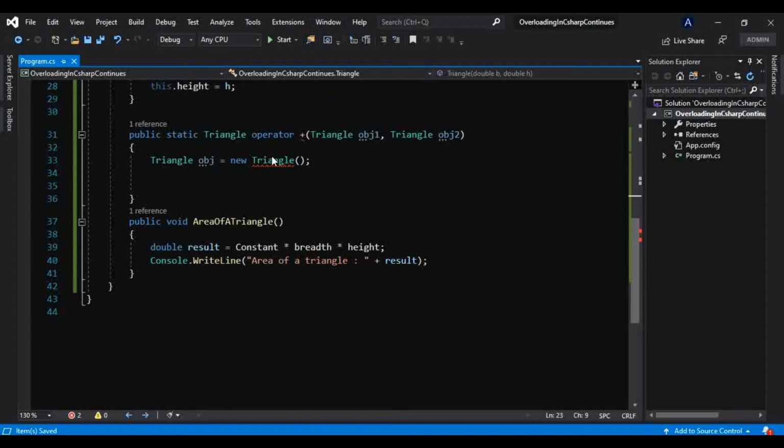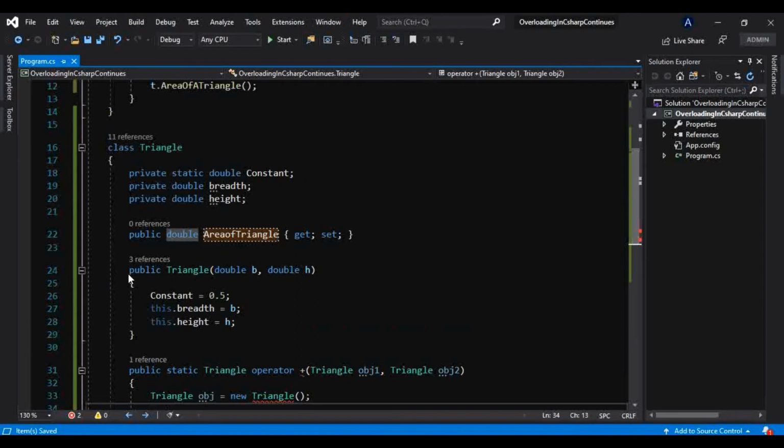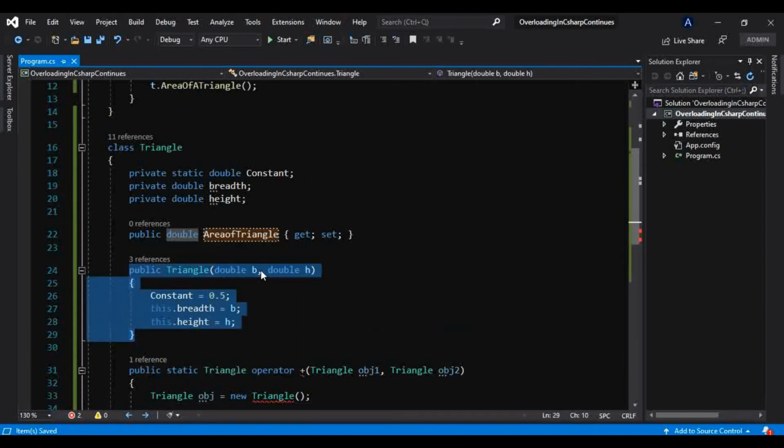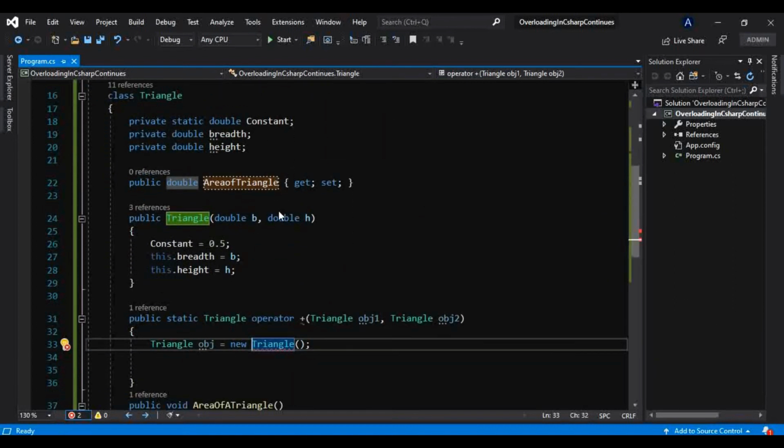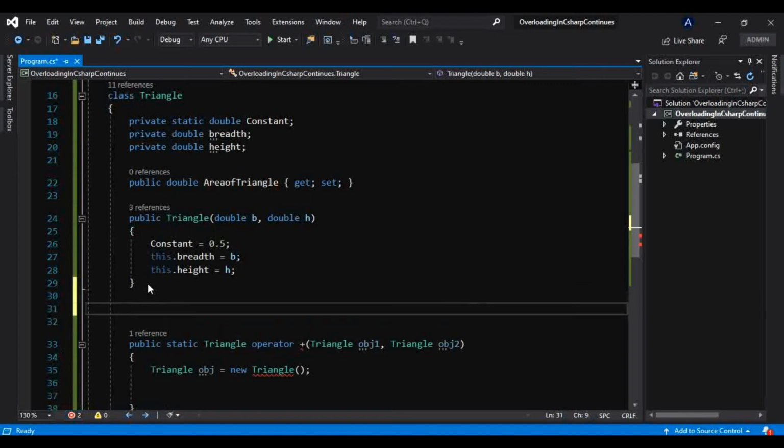So now what I have done, I have created an object of this Triangle, and we know why this is giving an error, because we have a parameterized constructor defined in our type. So that is why we have to pass some values here, but in this case we don't want to pass any values. So what can we do in that case? We have learned constructor overloading in our previous tutorial itself. So if you have not watched that, watch that, and you will understand.